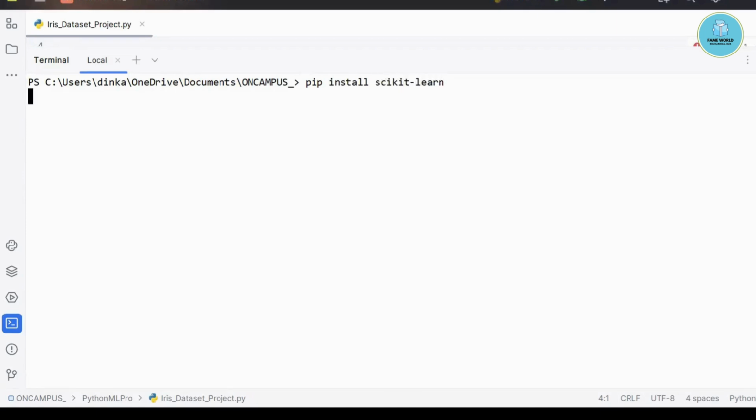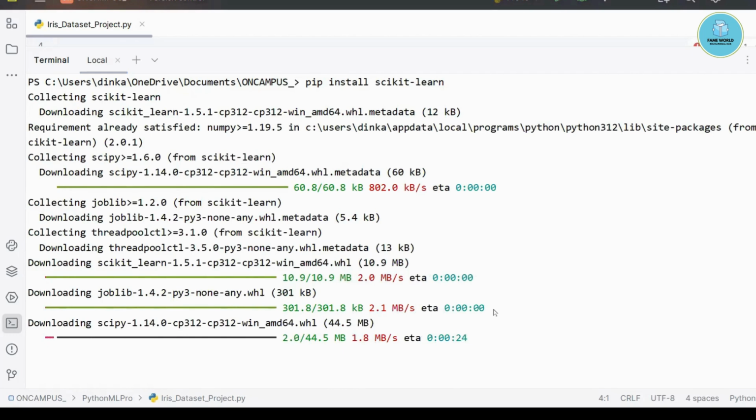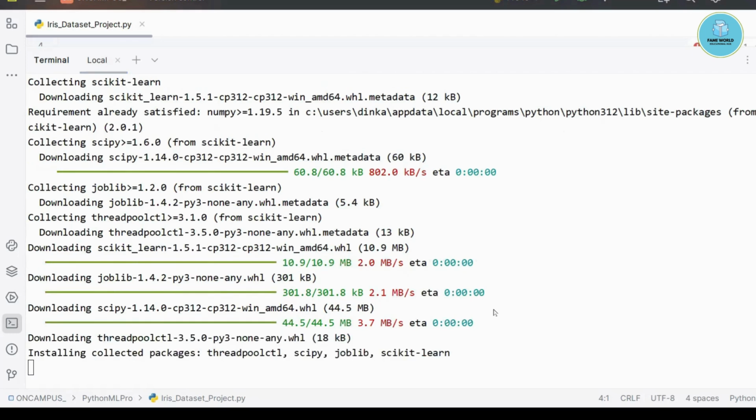Sklearn will also work in some previous versions. Both are correct, as I have told you: sklearn is the other name of the scikit-learn website, and this is the package, the module, which we are installing. Both will work according to your PyCharm version. In the latest PyCharm version sklearn won't work, scikit-learn will work. So pip install scikit-learn you can do.